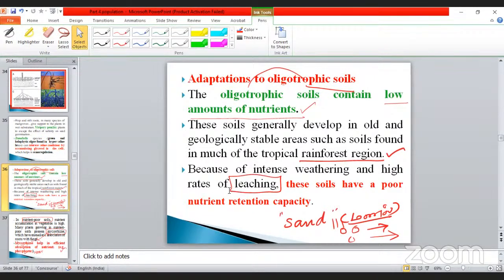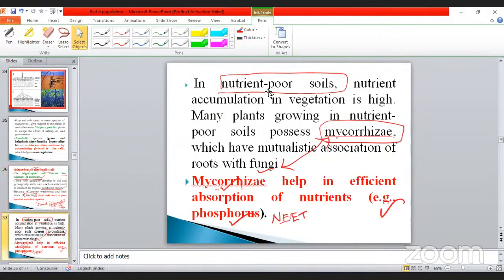That oligotrophic soil is also very important for the growth of fungi, because fungi have a specialized structure, the mycorrhizae. The mycorrhizae easily absorb water molecules and minerals from the oligotrophic soil, particularly phosphorus. Don't forget, my dear students, phosphorus. So you can come to the conclusion: in oligotrophic soil, the mangrove and fungal plants absorb which type of element? Phosphorus. Maximum absorption takes place by the fungi, particularly with the help of the mycorrhiza.